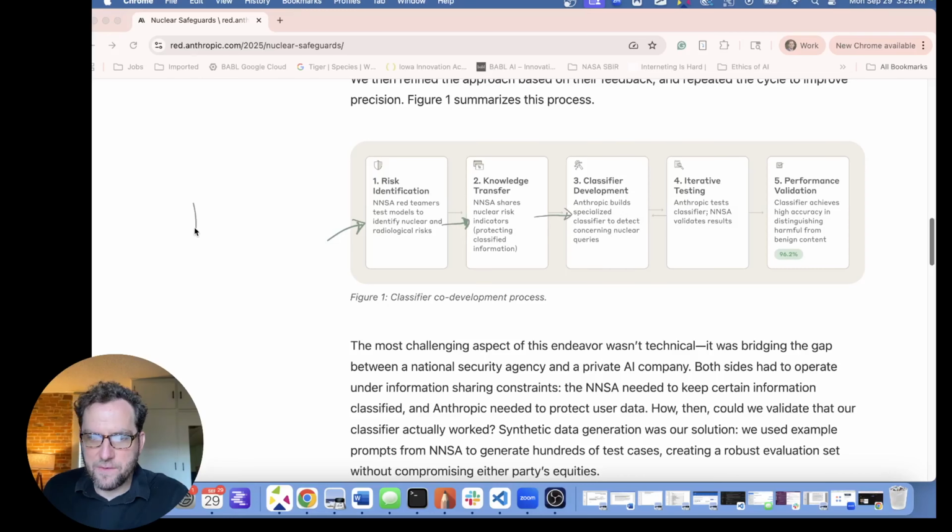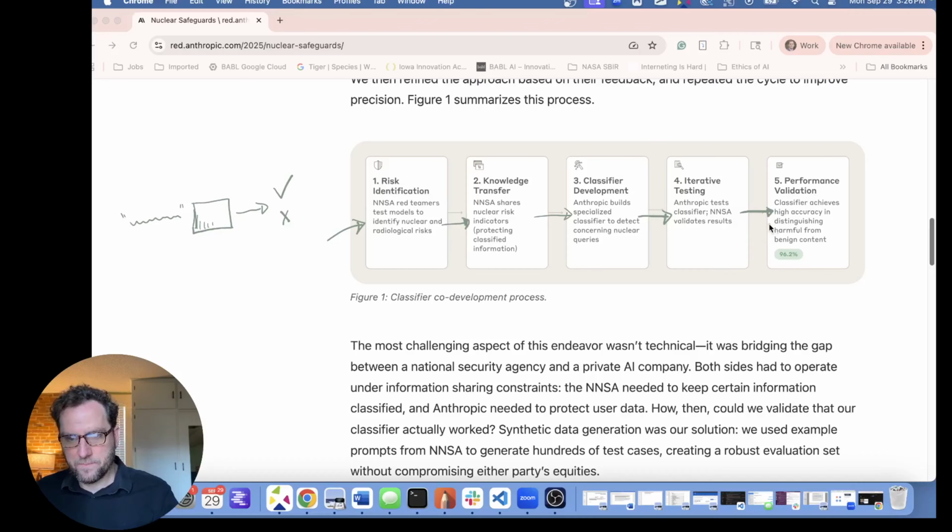In this case, the classifier is going to be another AI model, presumably based on some version of Claude, where you're going to have as an input the query. I'll put little quotes here. And the output is going to be something like, this is benign, we're going to let it go through, or wait a second, this is harmful, in the context of nuclear and radiological risks. They're going to then test this classifier. They're going to give results over to the NNSA, who are going to validate whether Anthropic got it right. And then based on that, Anthropic is going to presumably build a bigger data set and evaluate